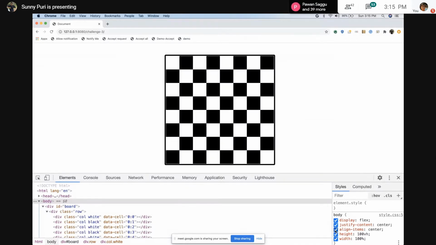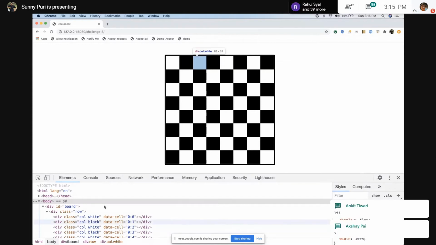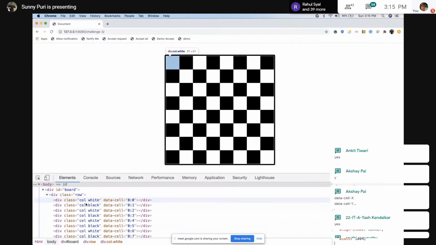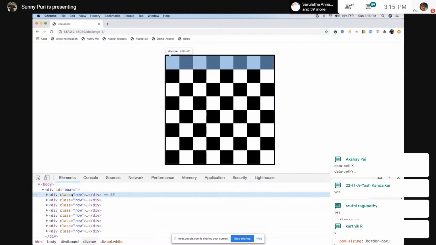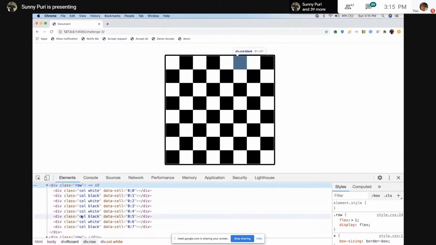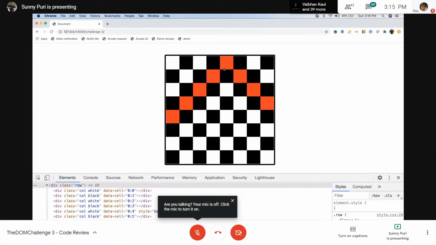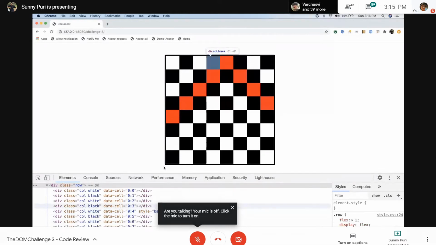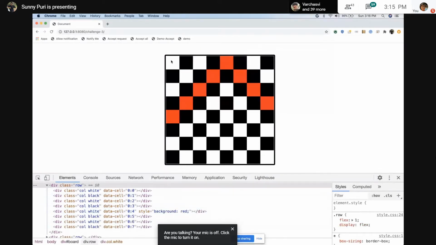This is clear. Can we move to the chessboard? If you see each row, each row is having 8 columns, with alternate white and black. And I have also attached some unique ID. Suppose the user is clicking on this part, you should know which is the active cell. By clicking on it, we are getting 0:4. So 0 is the row and 4 is the column. So 0, 1, 2, 3, 4. Fourth is the column and 0th is the row. By this we are getting it.